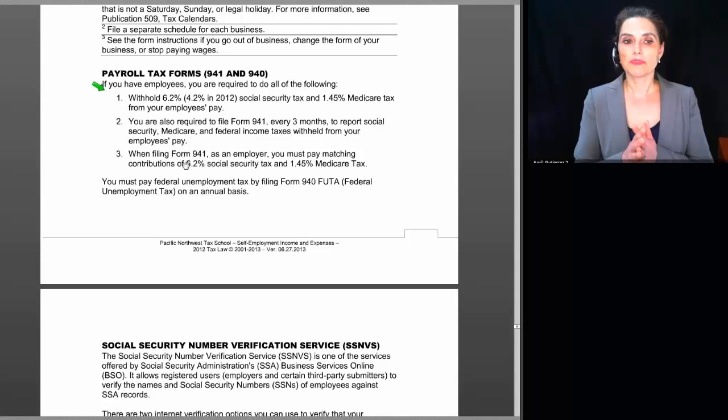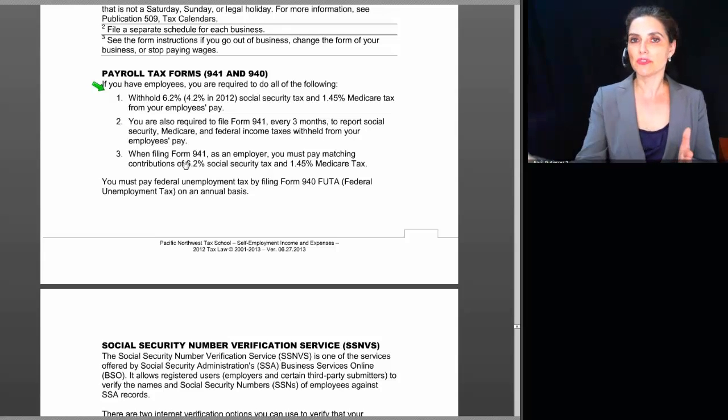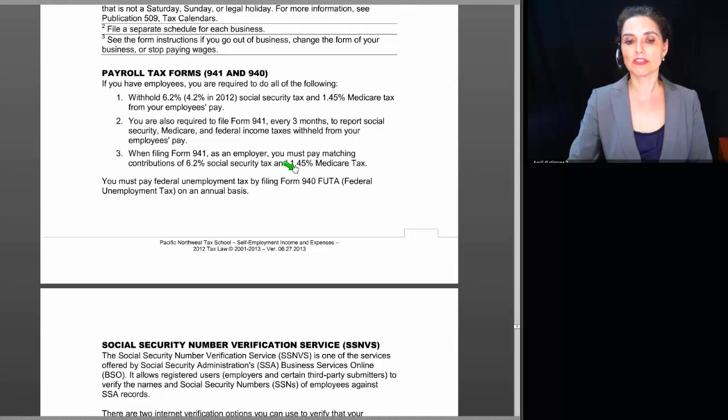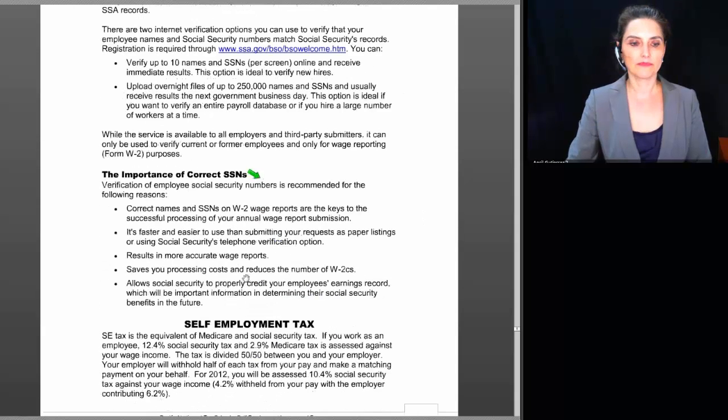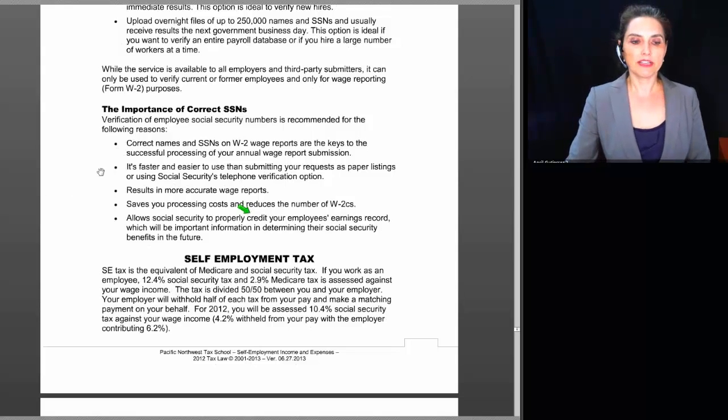The way it works with the 941 is that the employer withholds 6.2% Social Security and 1.45% Medicare, and then matches those two amounts and sends the money off to the government. And then once each year in January, there's an additional tax owed called the FUTA tax, which is the federal unemployment tax. So those forms need to be filed by any business that has employees,